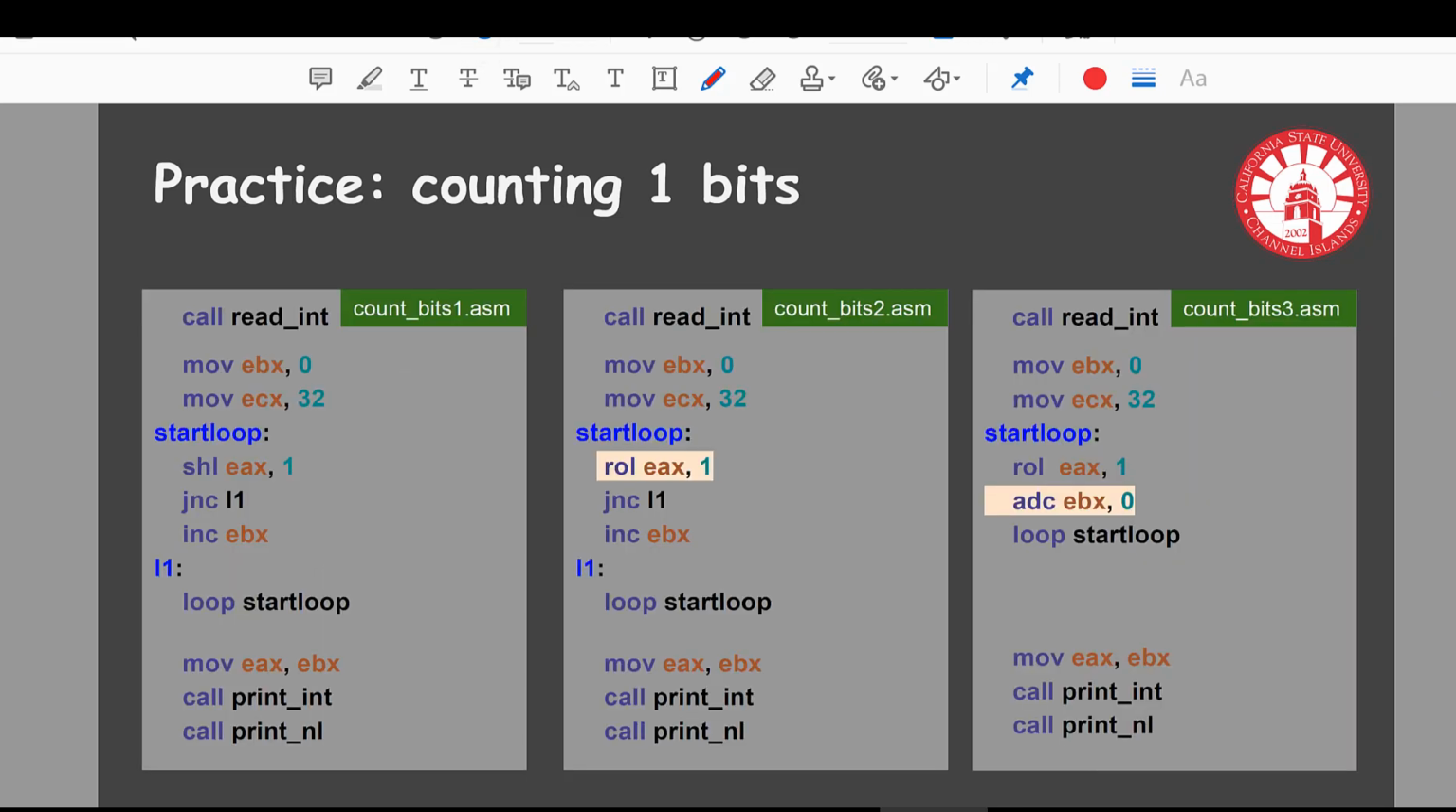Okay, so there is a third form of count bits program. In this form, we again use the ROL operation, which rotates left the content of the EAX register. But instead of checking the value of the carry flag, we are going to use the ADC operation. Basically, we have our register EBX that counts the number of 1s for us. And what we do,